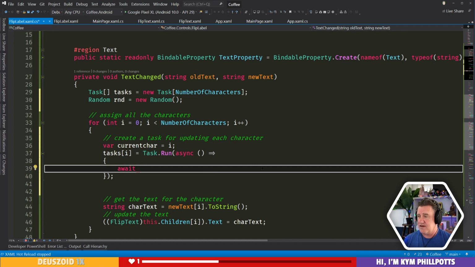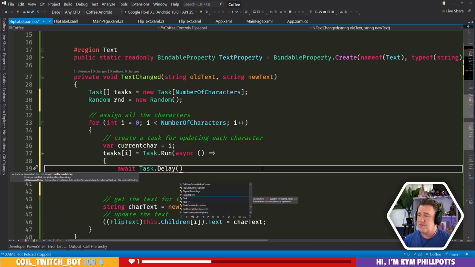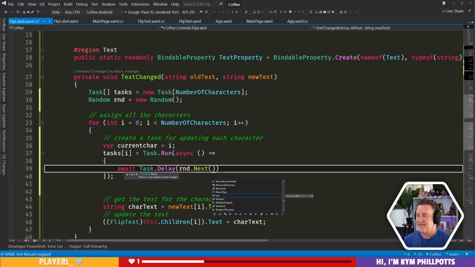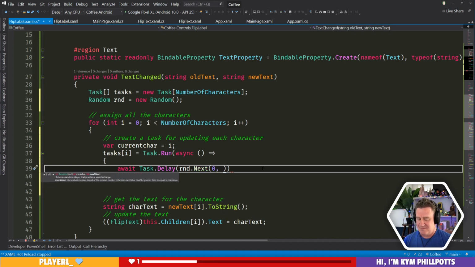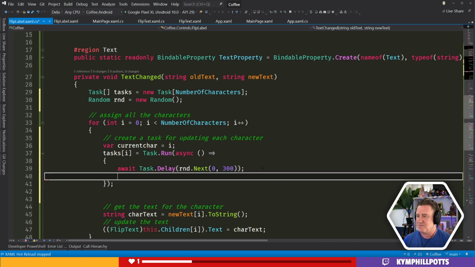Check this out. This is going to be a terrible thing to do. This is going to be horrible. Somewhere between, let's just throw some values in here, 0 and 300. All right, I just want to see if this works.